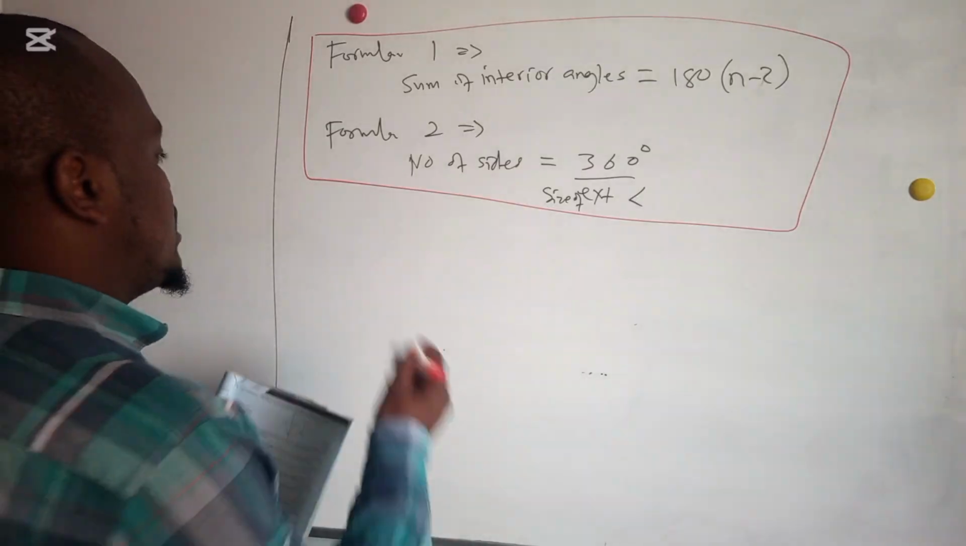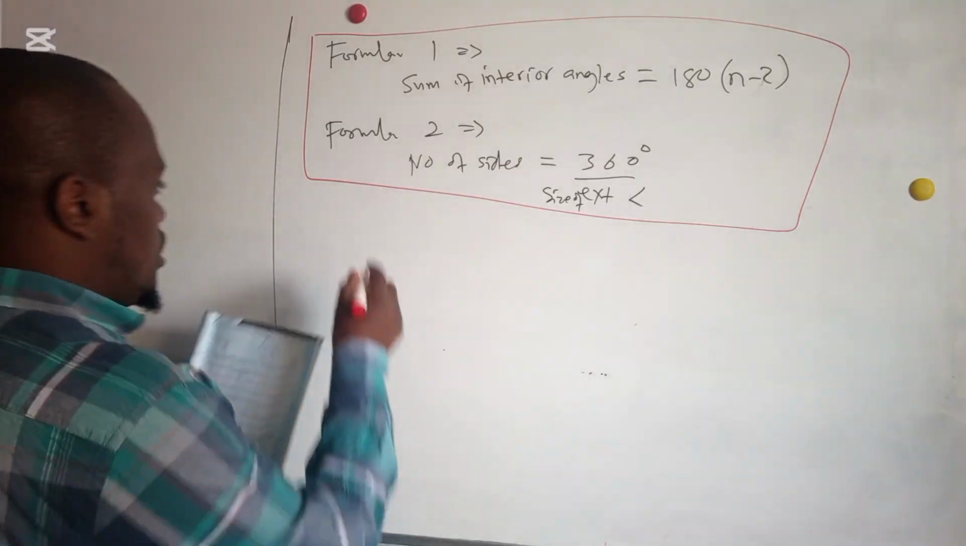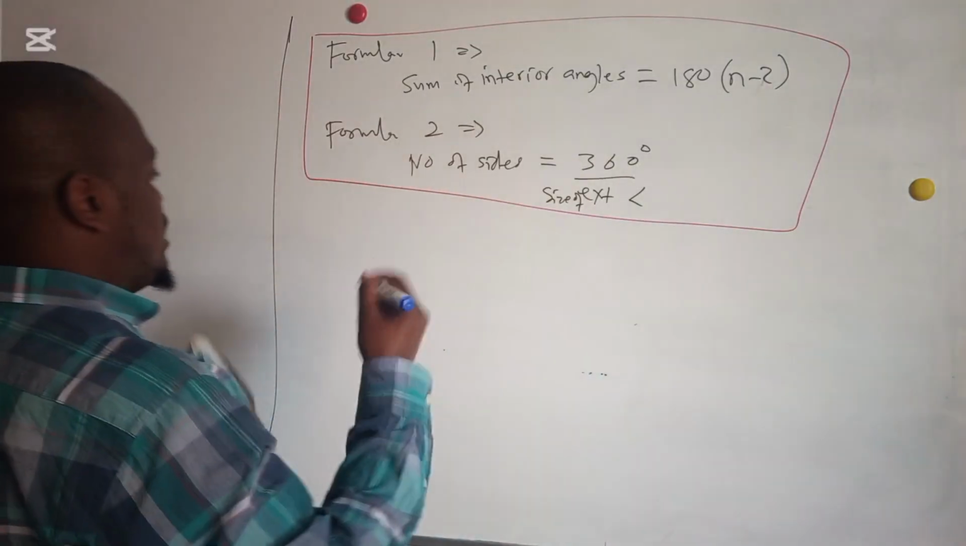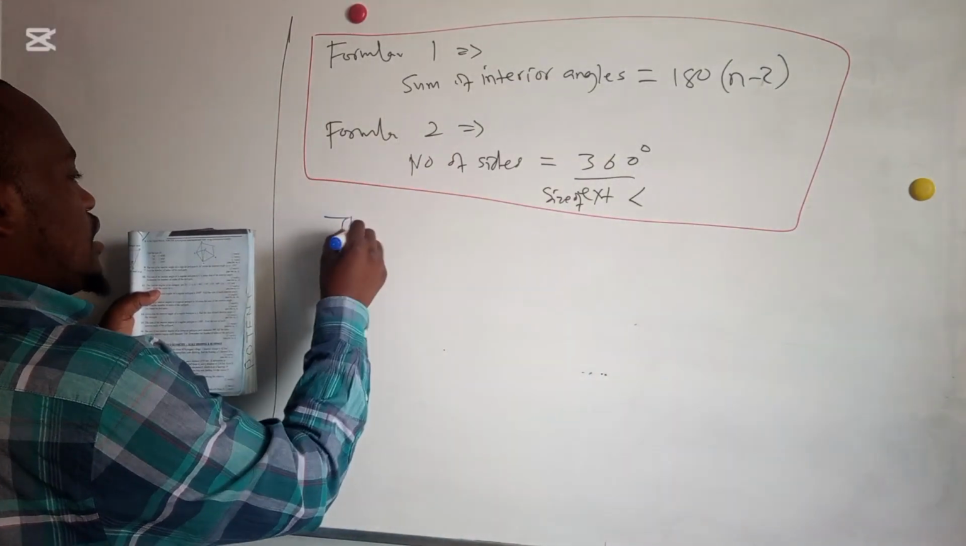Octagon, we know it has 8 sides. Should I write the question? Yes, let us. So the interior angles